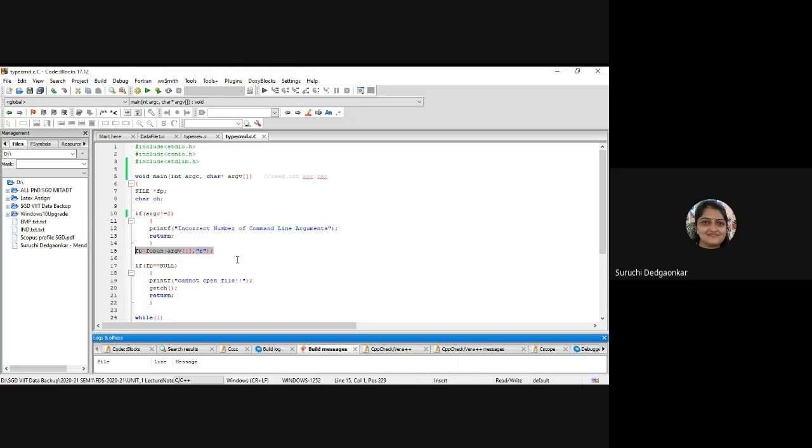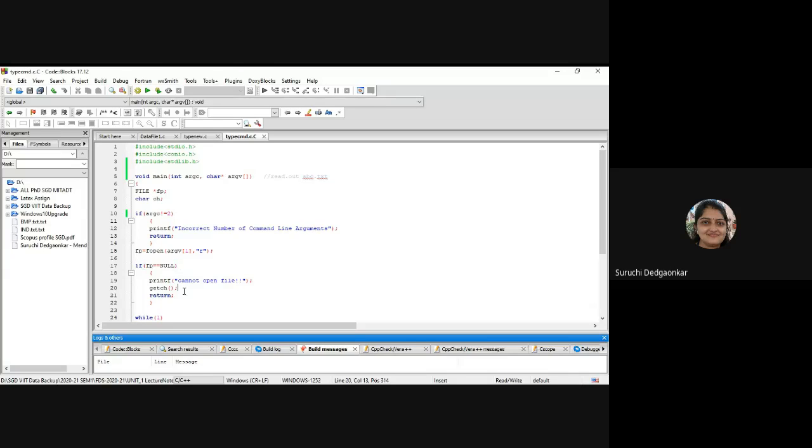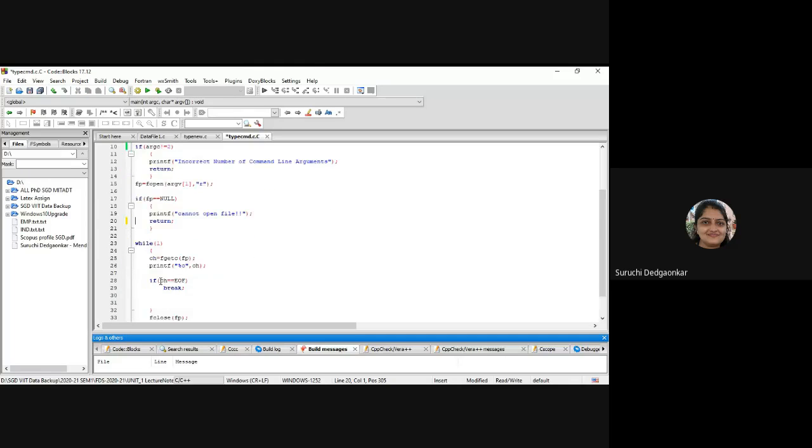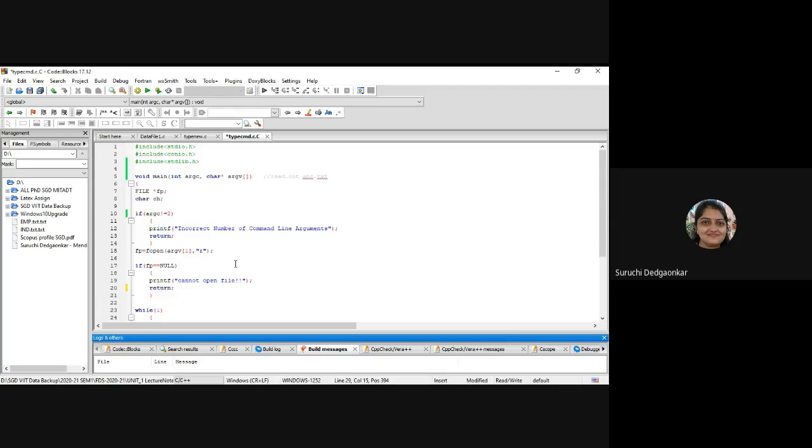Okay, and we are checking for file opening error in this कि फाइल ओपनिंग में कुछ एरर है क्या, नहीं तो रिटर्न करो, अगर एरर है तो रिटर्न करो. ओके, एंड this part is same. While we are reading ch is equal to fgetc(fp) displaying that contents. Okay, so all these things are same, but we have modified here. So at runtime we are deciding which file to be opened, and that file will be opened in the read mode. ठीक है,